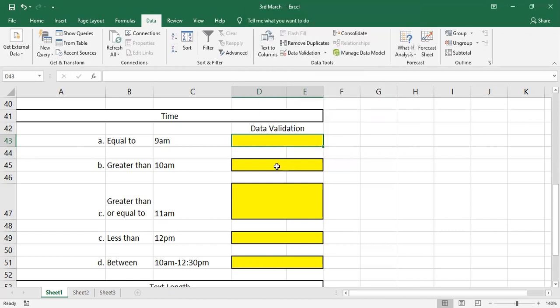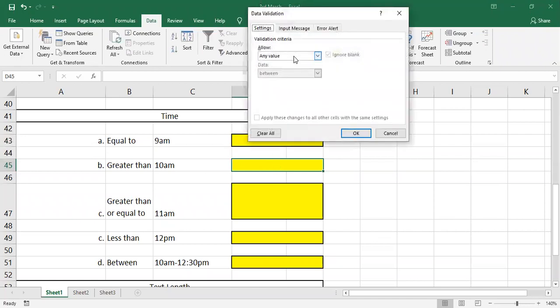Okay. Now in this cell, it should accept greater than 10 o'clock. Not 10 o'clock, greater than. It can be 10 o'clock 1 minute also, it can accept it. So in data validation, here you need to give what? Time. In this, you have to give greater than.